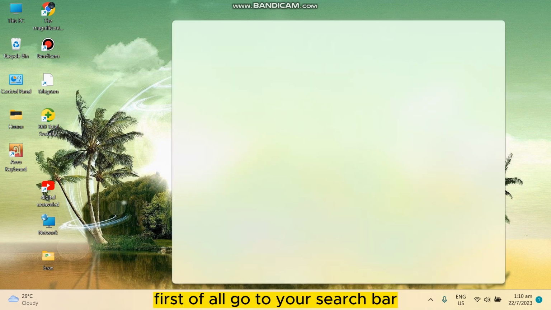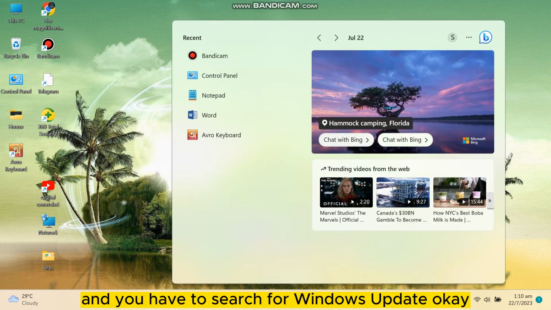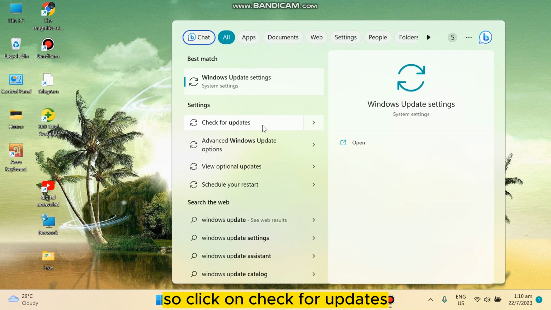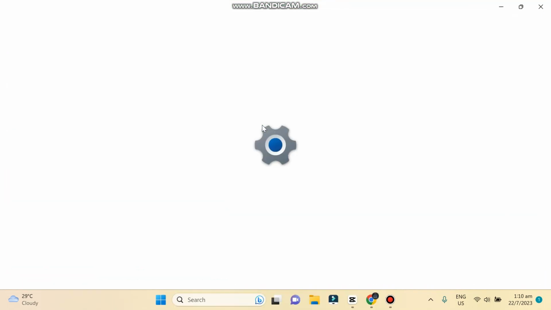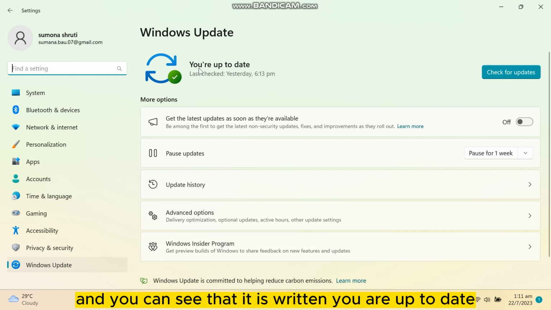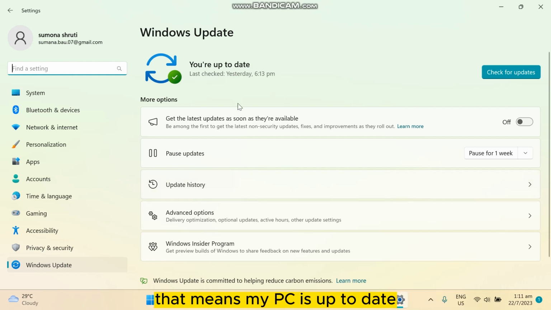First of all, go to your search bar and search for Windows Update. Okay, so click on check for updates. Now you can see there are many options here, but our desired button is check for updates, and you can see that it is written you are up to date. That means my PC is up to date. I don't need to update my PC, so still you can just click on this button